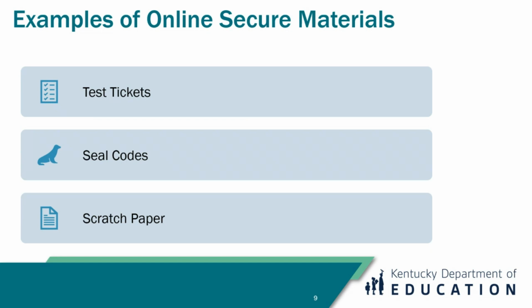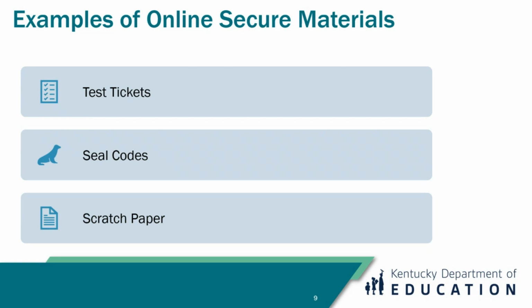Scratch paper is available to students in both the online and paper testing formats. Scratch paper is considered a secure material since test questions or answers could be gleaned from these papers. The move to online testing has allowed students to print the test ticket on a single page so that the student may use the rest of the page as scratch paper.